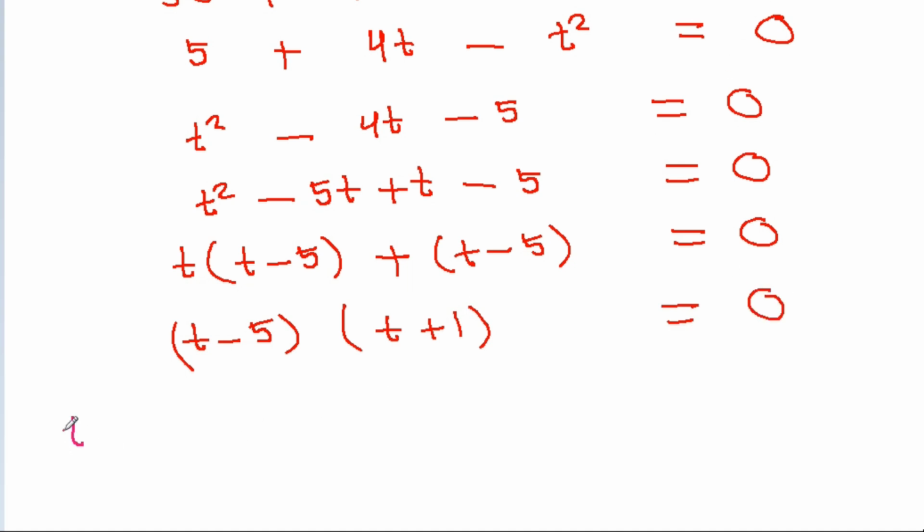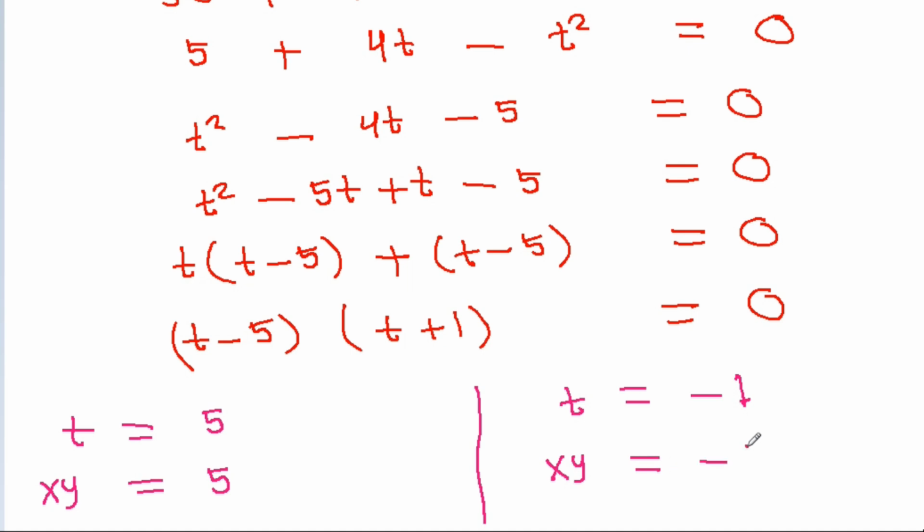So we get t is equal to 5 and t is equal to minus 1, and t is equal to xy, that is equal to 5, and here t is equal to xy, that is equal to minus 1,